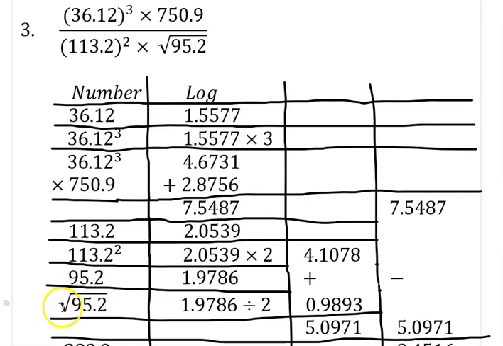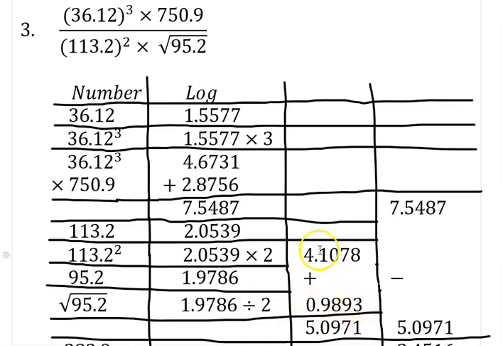This square is 2, so we are going to divide it by 2. Don't forget, this square root is still the same thing as 95.2 raised to power 1 over 2. If it is that, it's going to be divide, but if it is raised to power 2, like what we have here, we are going to multiply it. But this time around it's a square root. We'll divide it. So we divide our result that we've gotten here, 1.9786, divide by 2, because that is the square root. So you punch your calculator, it will give you